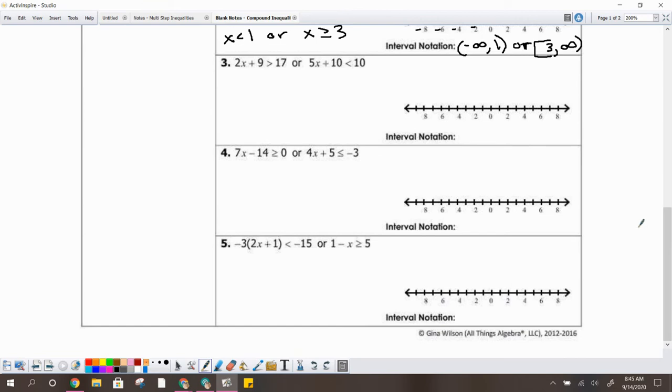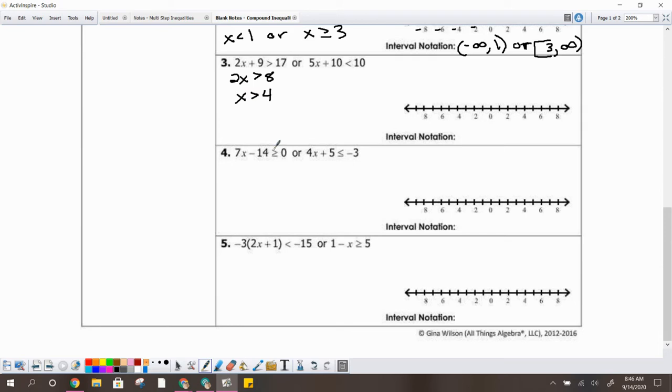All right, number 3. We're going to go ahead and solve this. It is a 2-step one, so you want to go ahead and just use those 2 steps. So try and solve it, graph it, and figure out that notation. All right, so if you've went ahead and paused this and solved it, you should see that we are subtracting 9 here first. So we have 2x is greater than 8, and then divide by 2 to get x is